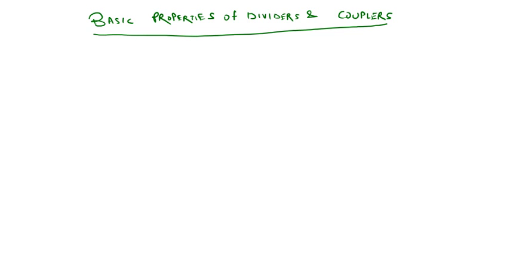There are some terms that we will define: isolation, then coupling, then directivity.